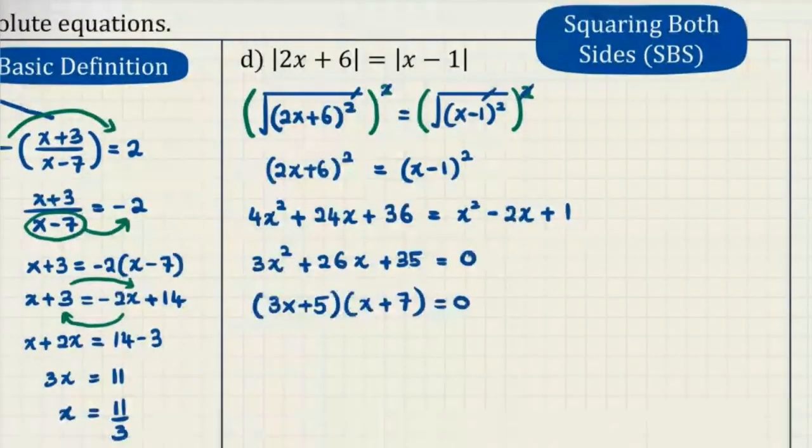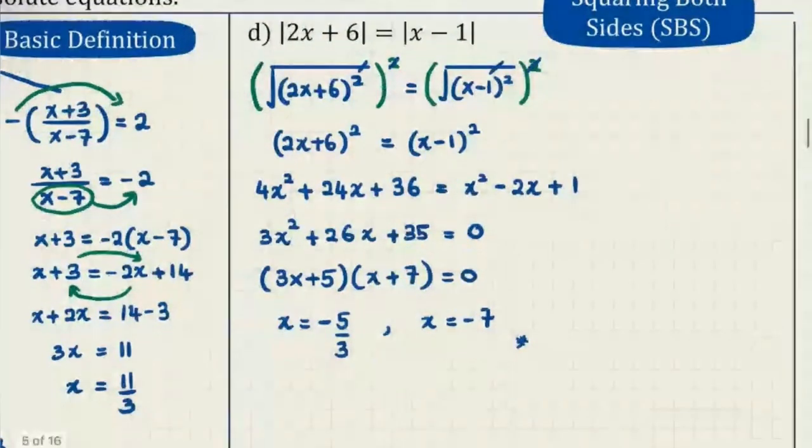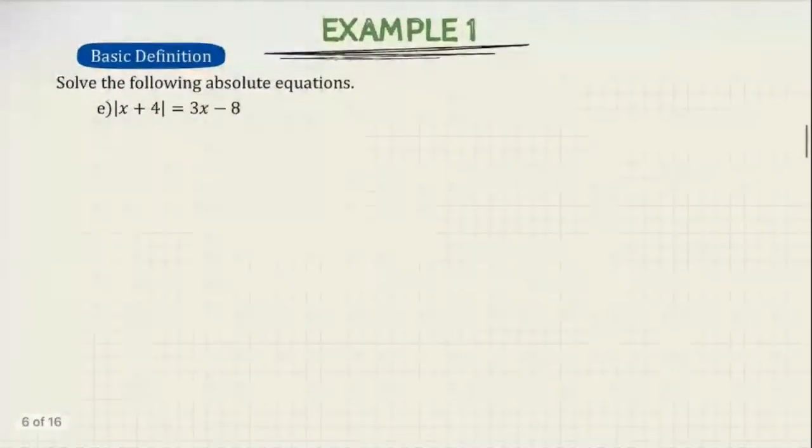So hence our x will be equal to negative 5 over 3, and the other one is x equals negative 7. So that should be our final answer. Okay, so one more example that involves